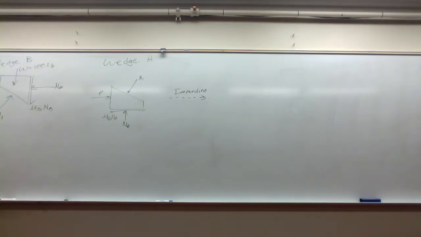If you choose A, that's fine. You're going to get your equations, but we can't solve anything, so inherently you have to go to wedge B. But it's a nice tool to start with the wedge where you have your known force. In this case, our known force is that 100-pound weight. So if I apply my equations of equilibrium,